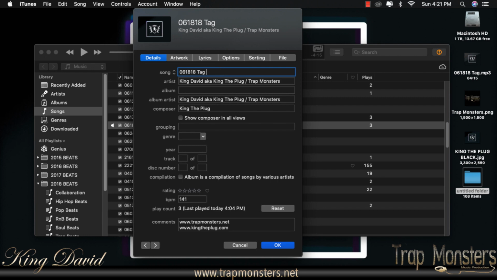I found a demo of the way how I normally do it. So I just kind of copied it, and I'm just gonna paste it in like this, where it has the telephone number, the email in there. As you can see, "King the Plug" is by King the Plug. All I gotta do now is just add the BPM in, which is 141